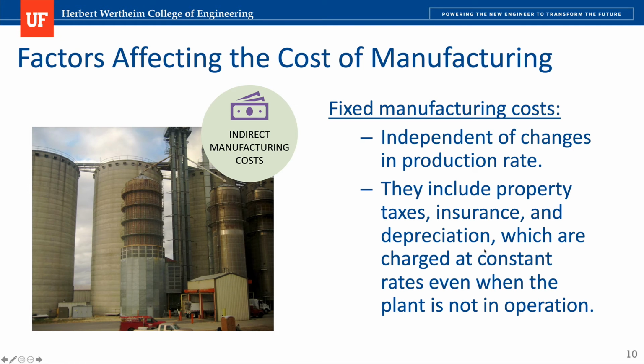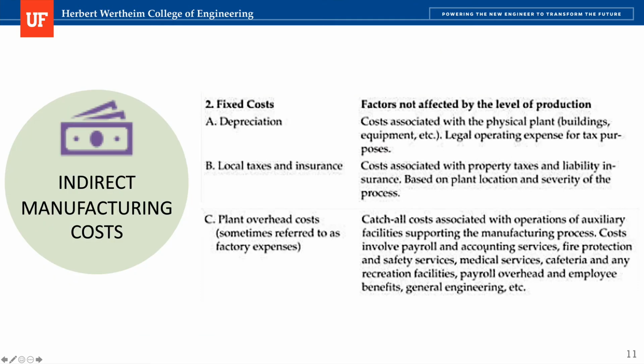You also have, in terms of the indirect cost of manufacturing, the fixed manufacturing costs, and this involves criteria or categories that are independent of the change in production rate. They include property taxes, insurance, and depreciation, which are charged at constant rates even when the plant is not in operation. You have, for example, depreciation, like I mentioned, right, the cost associated with the physical plant, legal operating expenses